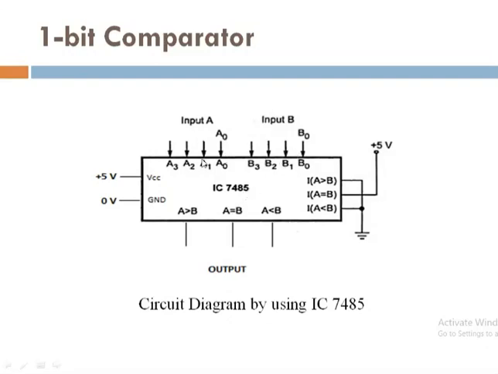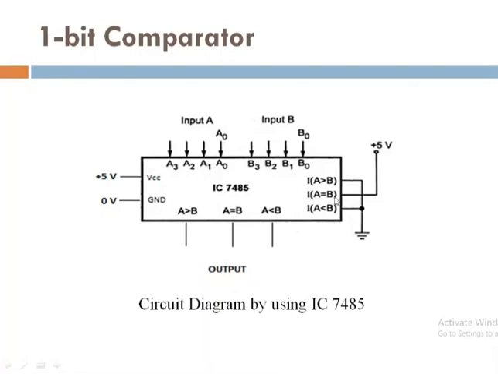So out of the 4 bits of your input, you should consider only A, that is the LSB, A0. From B also you just consider B0. There is no need to connect these 3 cables. You should keep these 3 cables not connected, or open. Now consider A0 and B0, that is the LSB. Now this is ground, and ground and the VCC of your IC.